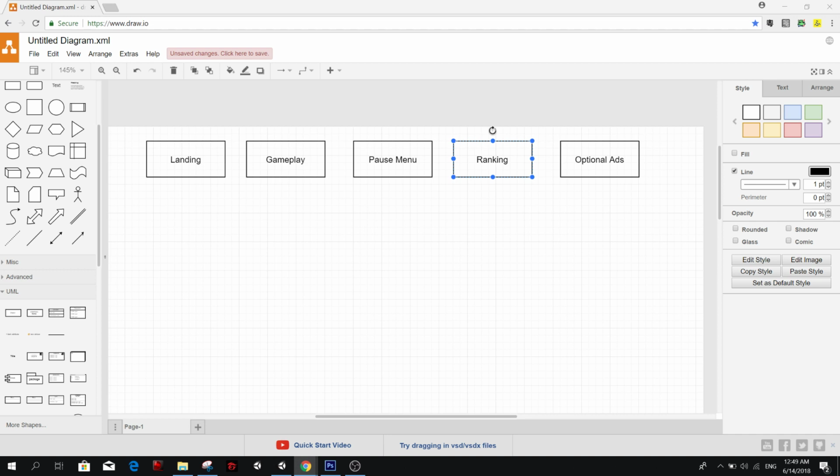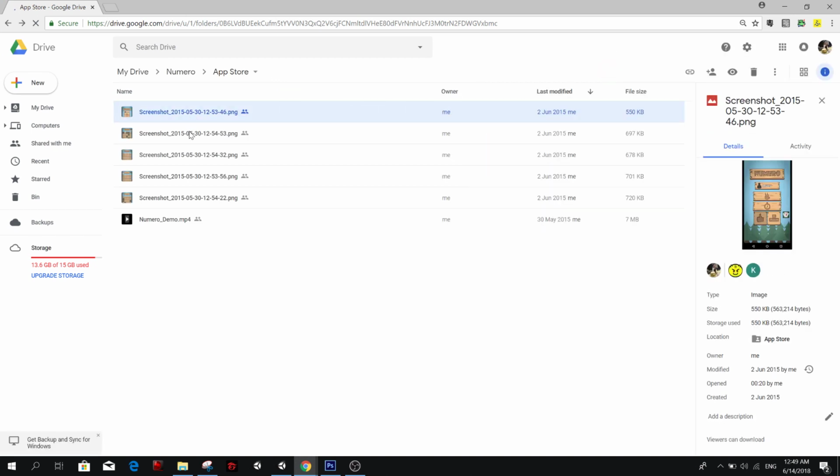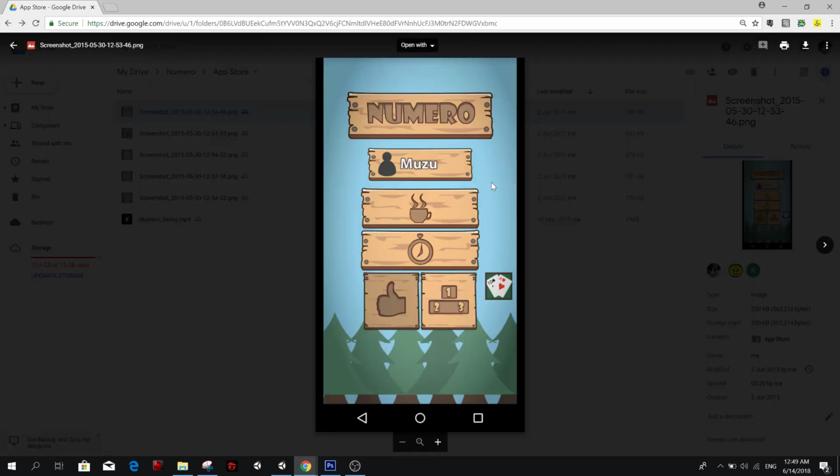So the game basically, I can show you some pictures. I have pictures. So let me bring this over here. So as you see, the screenshot is from a very long time ago. So this is how the game used to look like. I had two modes. One is like there was no time, you just try to complete a set of numbers. The other one was a time attack where it's infinite, but you have to do it before the time's up.